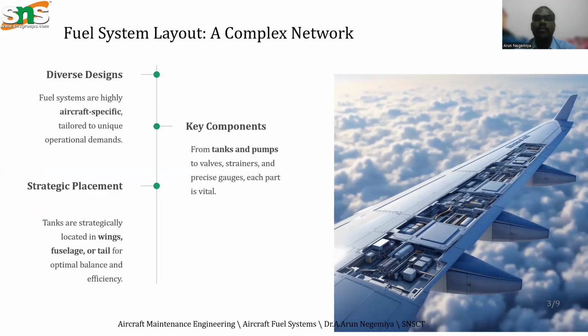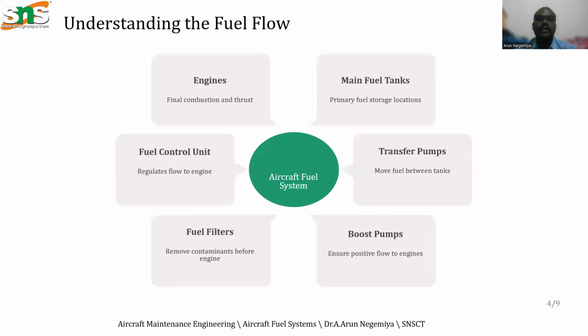So here the main components are tanks and pumps. The tanks are fitted between the wings, and the pumps are used to pump the fuel from the wing to the engines. And here we are using valves, strainers, gauges, and these are all the parts utilized for this fuel system. And next are the other components like engines, main fuel tanks,